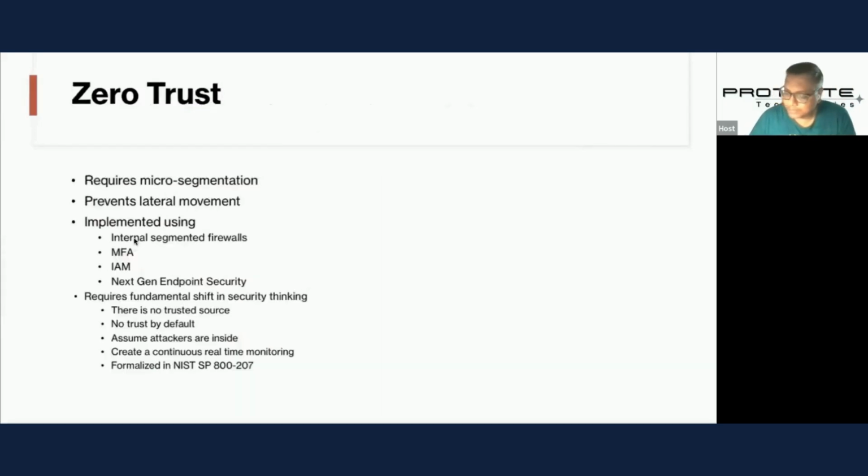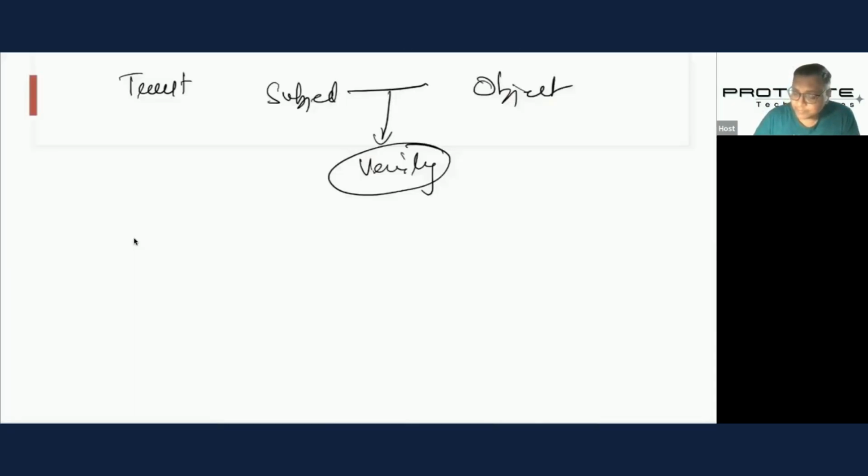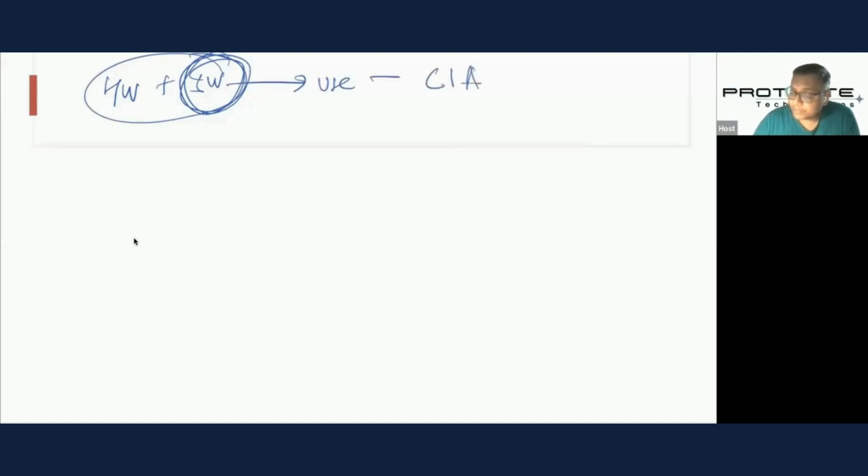Okay, so now let's see, once you are trying to secure a system, who creates the system, right? Systems are either created by hardware manufacturers or software developers. A system is a combination of hardware plus software. Now, hardware once designed, most times the software is what rides on the hardware to create secure function. Now the techniques which software developers use for ensuring confidentiality, integrity, and availability of the data which is riding on those systems, the developers use certain kinds of techniques.